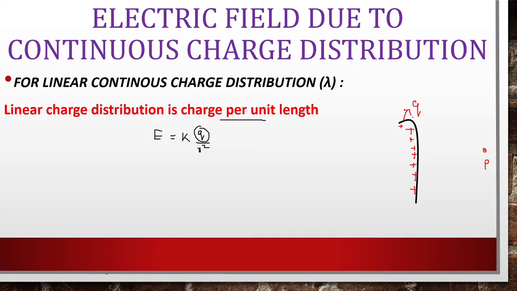Now we are considering the length of the wire as L. This is the length, the length of the wire is L. And we are considering a small length in this wire, that is a small element, a length element. So this is the place we are considering. A small element of length, and we are considering it as dl. The length of this element is dl. So why are we taking it as dl?